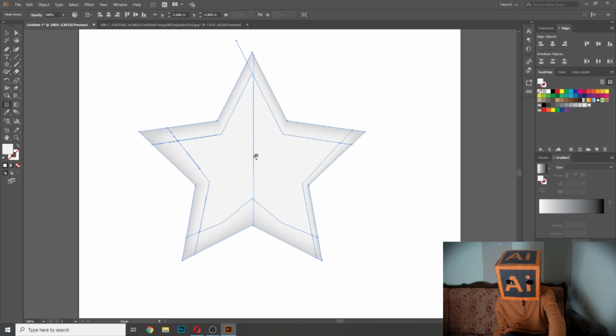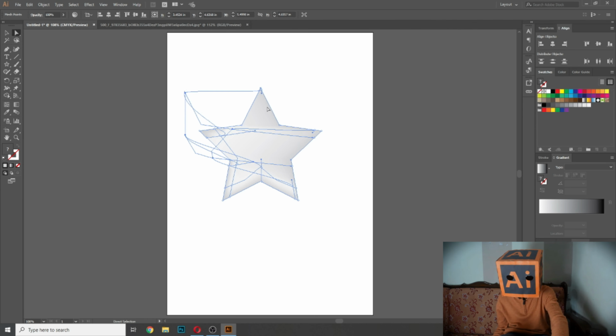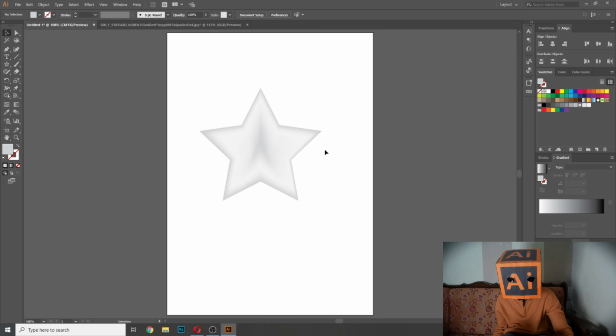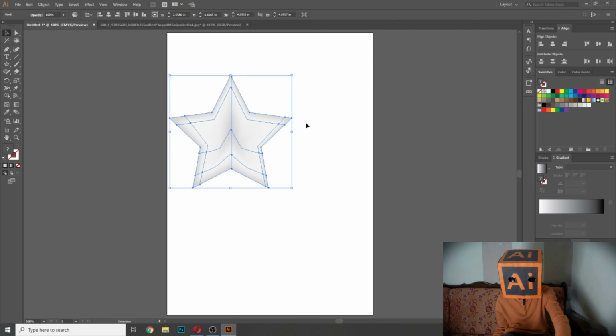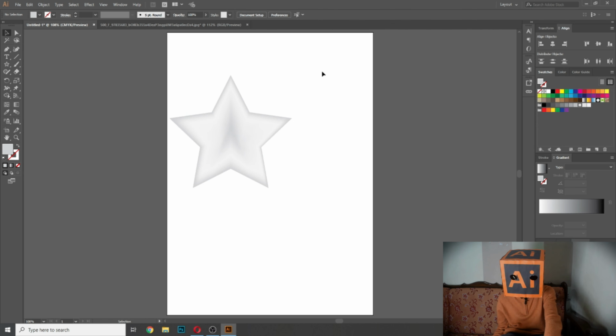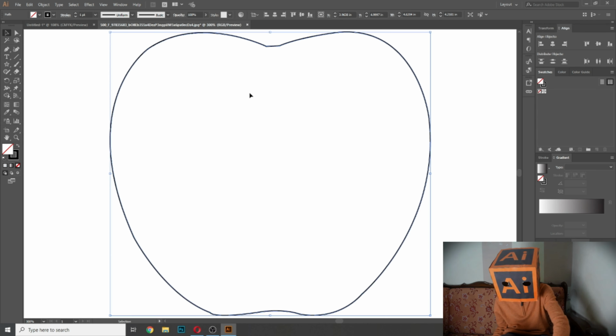Then select the Mesh tool and add a point here. Now select this one, and you can design many things like this, something like this. So now you have learned how amazingly and easily you can fill many colors on many points by using the Mesh tool. Let's say I have created this type of design here,